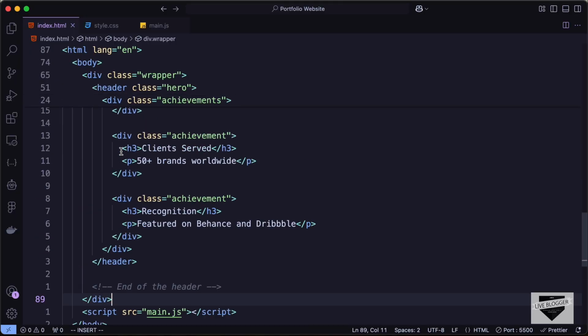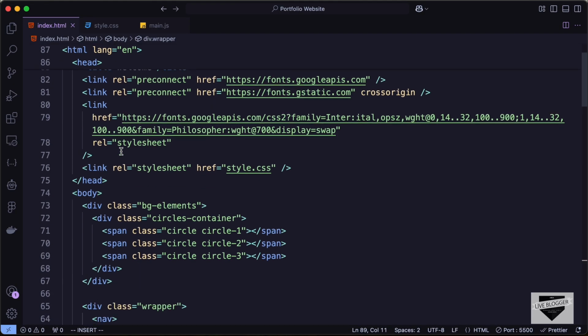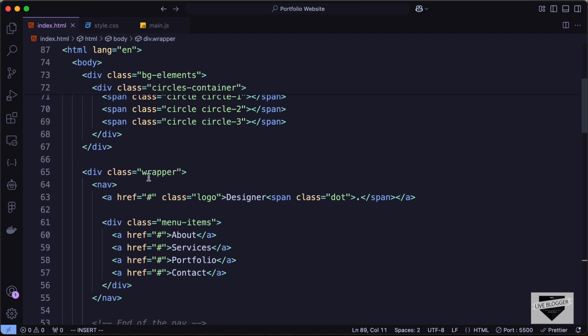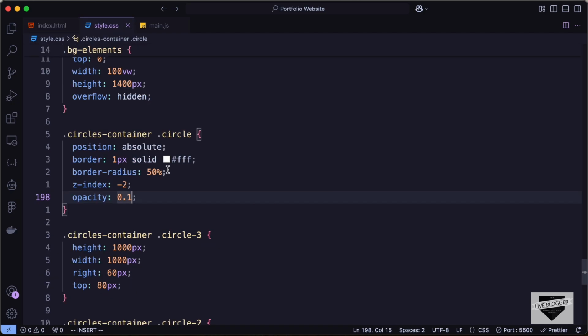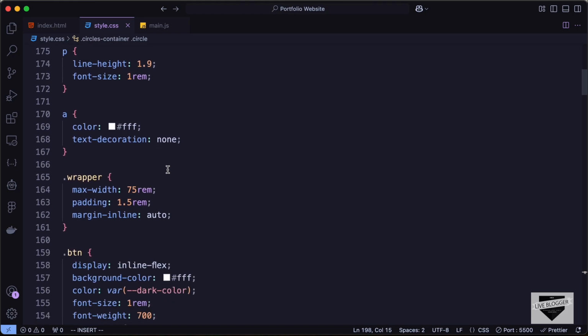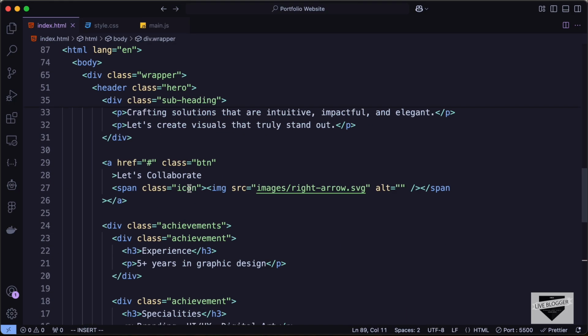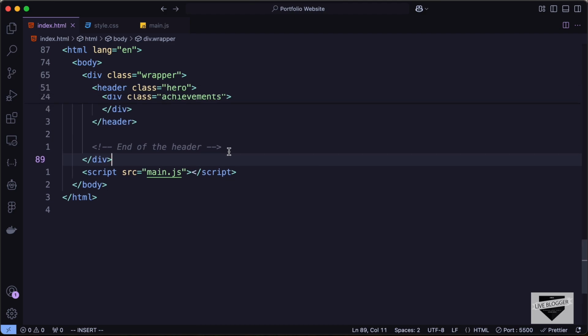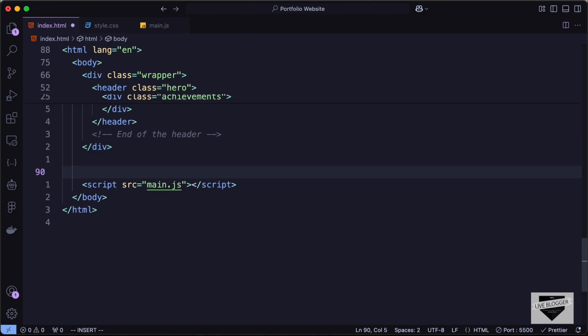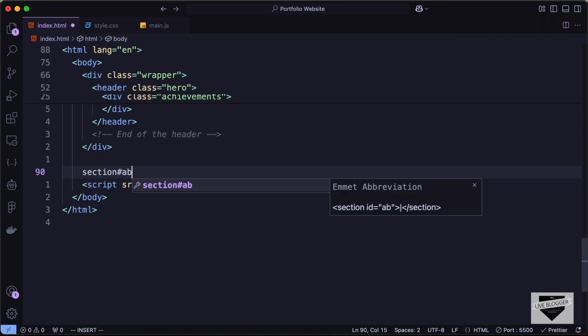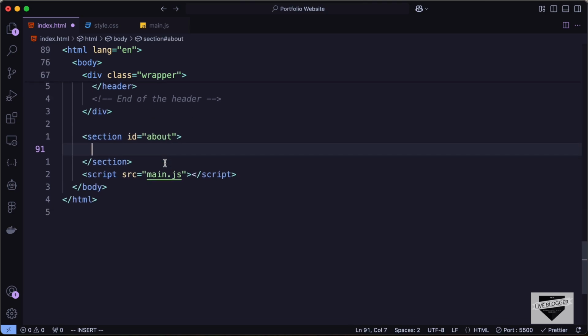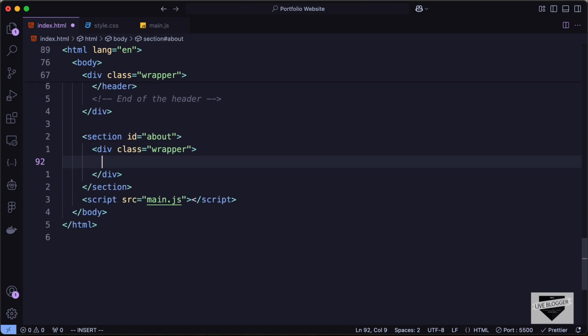So if you take a look at our container division, here we have this division with the class of wrapper, and if you go to our CSS, for the wrapper we have set a max width. So what we need to do is we need to go outside this wrapper. So let's go outside this wrapper division, and let's create a new section with an ID of about. And in this about section, let's create the wrapper division. So now we can add the background color to the section, and now we can add the content inside the